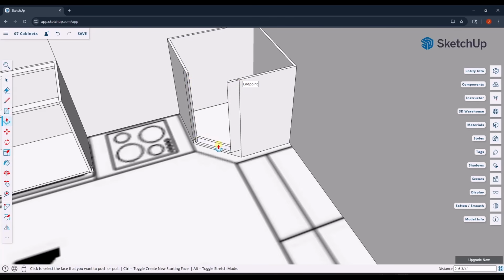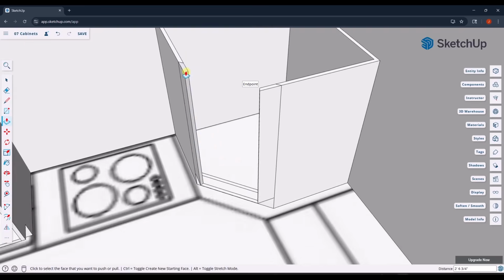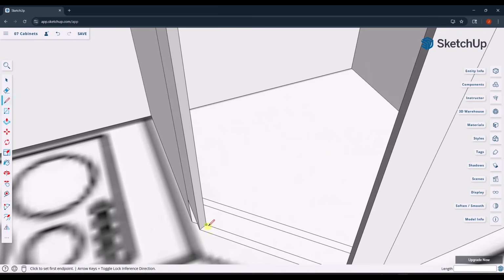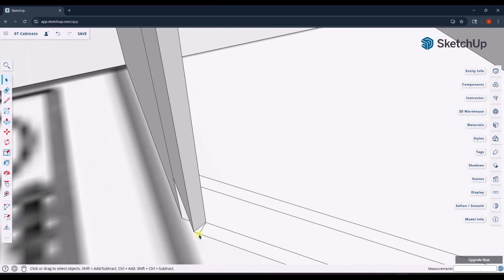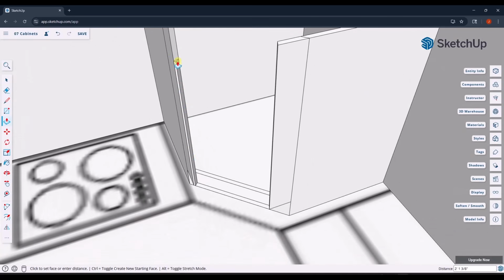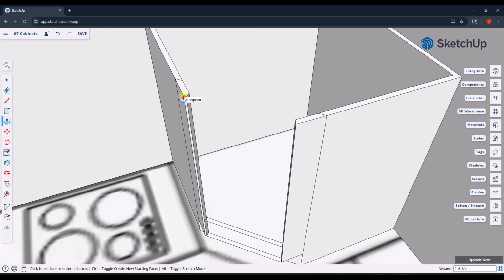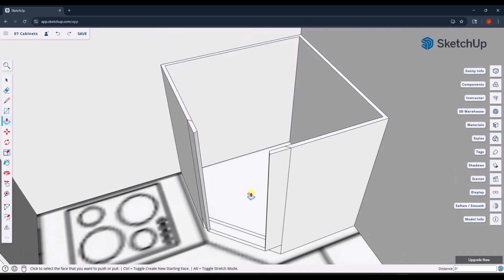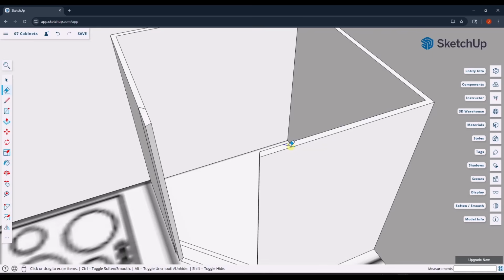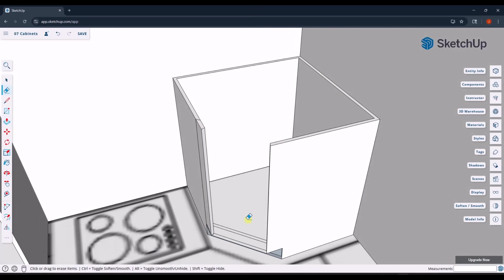And it's a little bit up to you how you handle this front corner. So a lot of people might come in here and instead of having this have an angle, what you might do instead is you might have this be square or flush. That just kind of depends on how you want your door to sit in here. So you could push pull this extra piece up here if you wanted to. I'm just going to leave it as is for right now, but I'm just going to erase out these extra edges right here